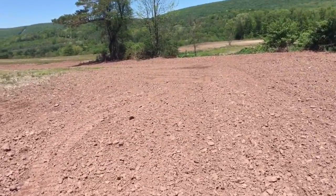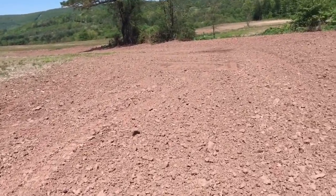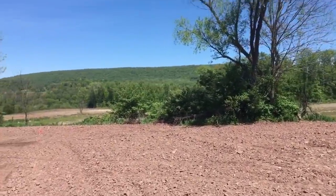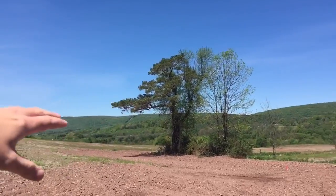It's just the way it is. So we get down here, and it rained pretty heavy on this since he did this, so I'm glad nothing washed on him. All right, so we have this ugly tree line here. This was the